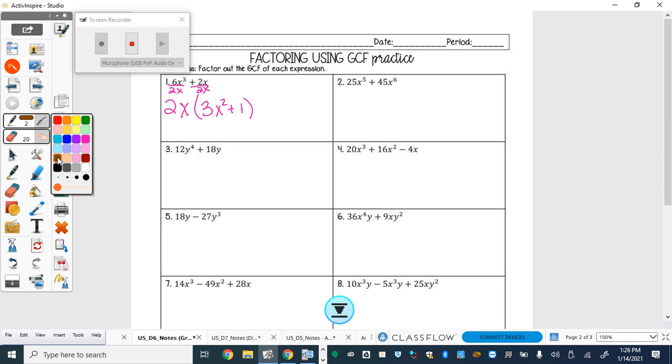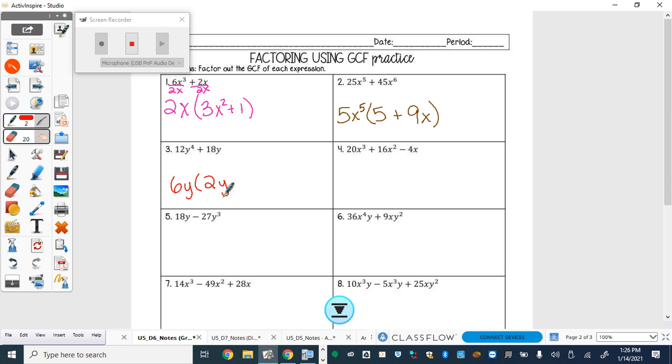All right, next one, 25 and 45, so that's going to be 5x to the 5th. So 5 plus 9x. You do not always need to show that division. You can do it in your head, just like I did for that second example right there, or keep writing it if you need to. I'm going to kind of do it both ways, but again, you don't have to keep writing it. 12 and 18, that's going to be 6, and then y to the first, 2y cubed plus 3,